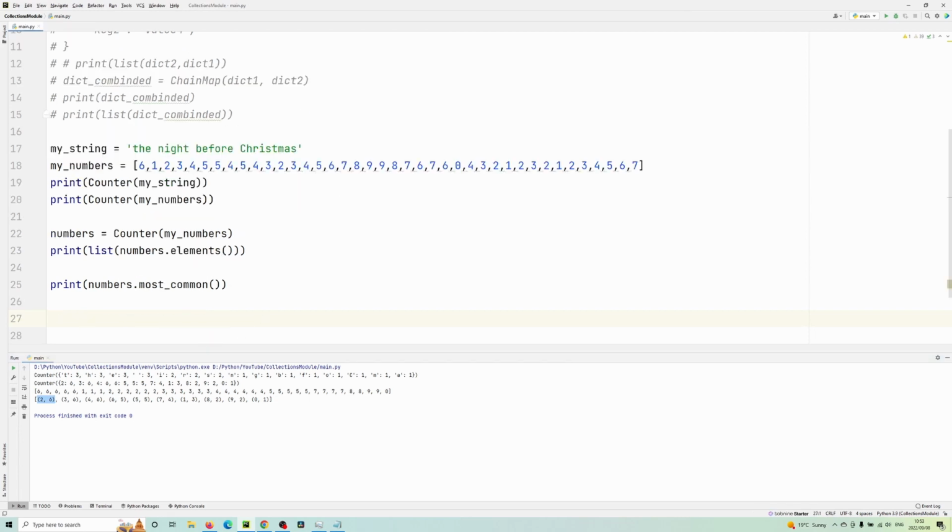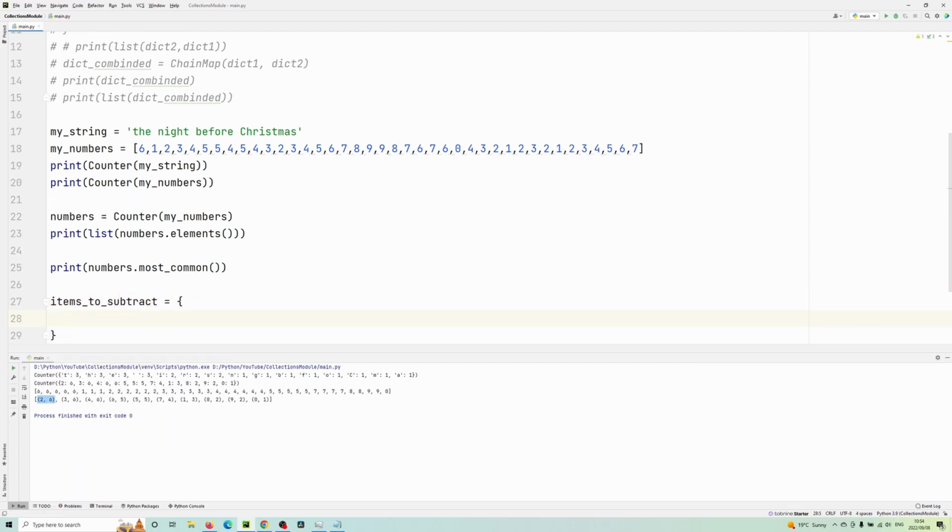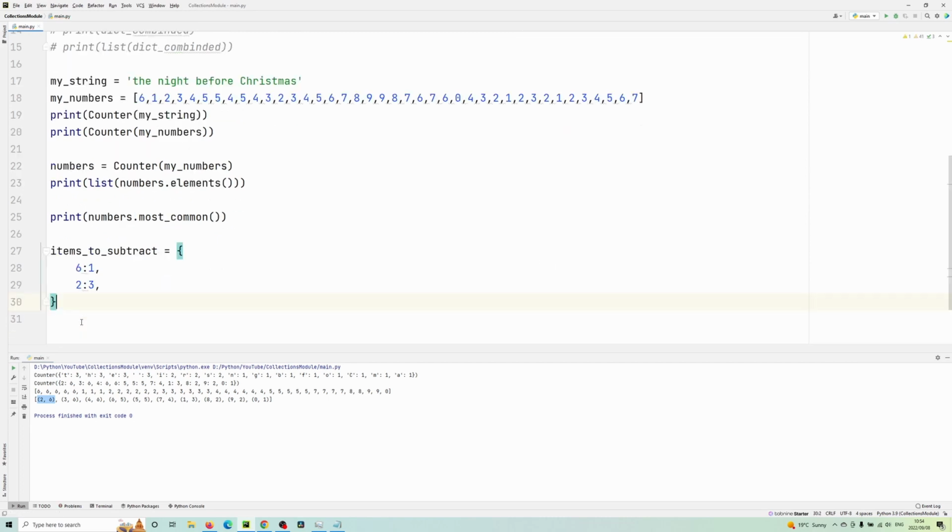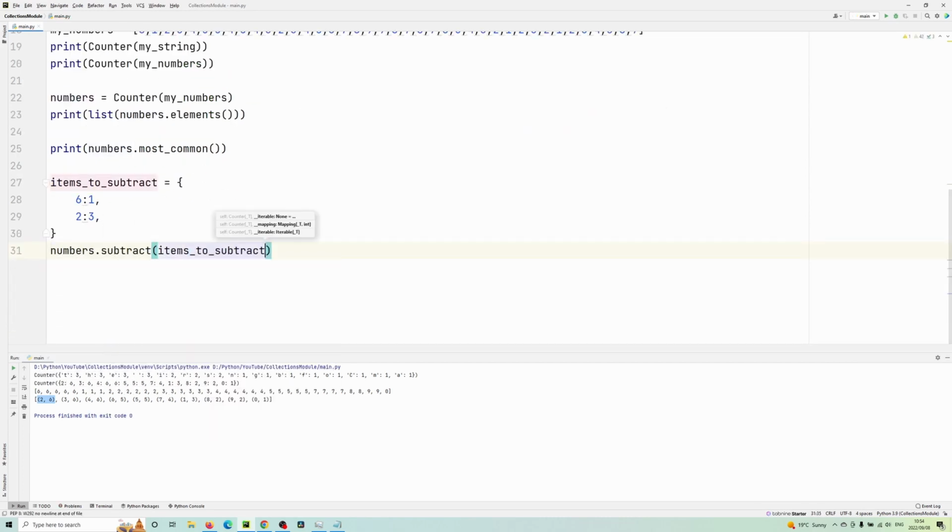Now you also have a subtract method. To use the subtract method, you first define a dictionary with the items that you want to subtract. Okay, so now it has subtracted the numbers. Okay, so as you can see,